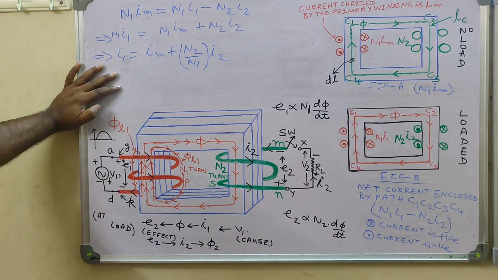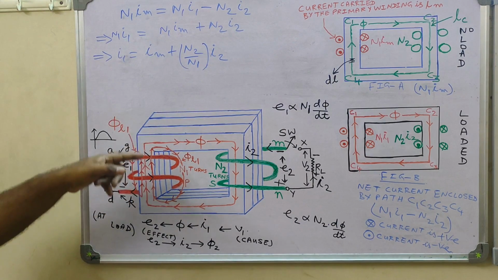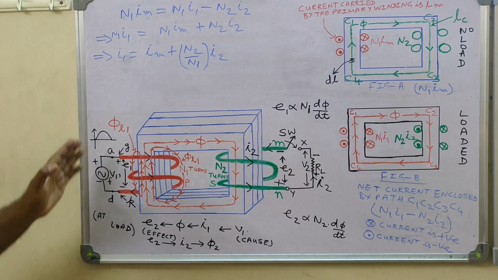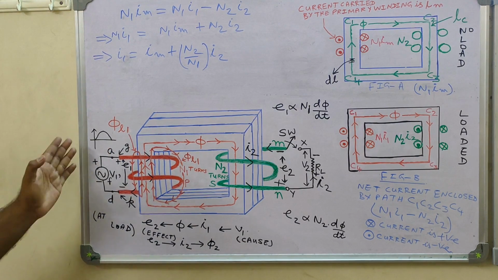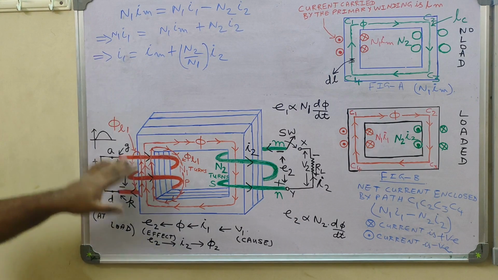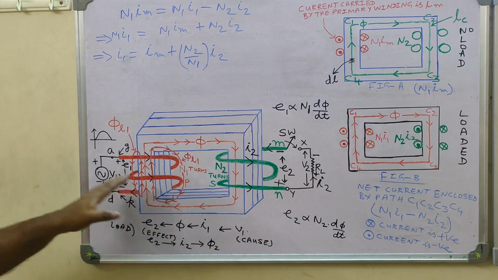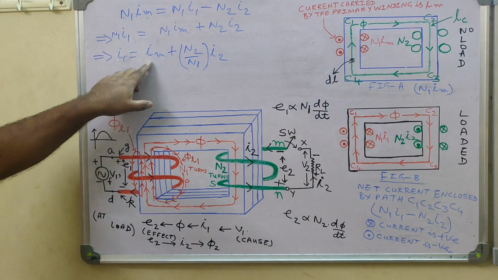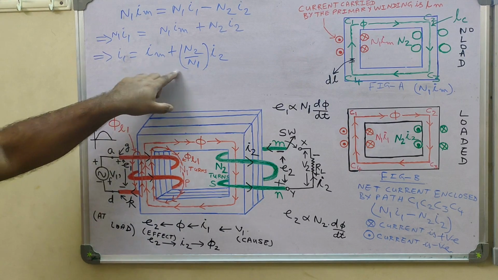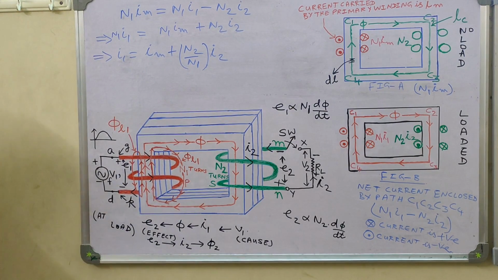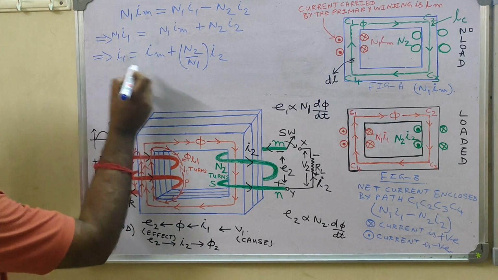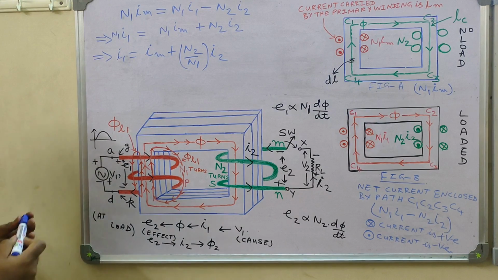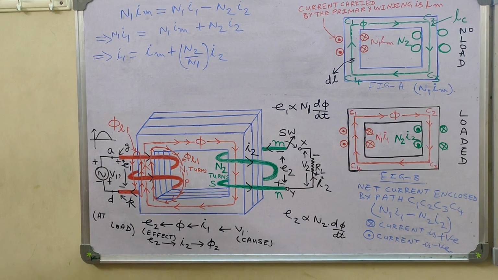So now you have a very important equation. What we have done is express the current I1, which is drawn by the primary coil P at loaded condition. The current I1 drawn by the primary coil P at loaded condition is equal to Im plus N2 by N1 into I2. So you see that there is one component of current which is extra. This component of current was not present at no load condition.